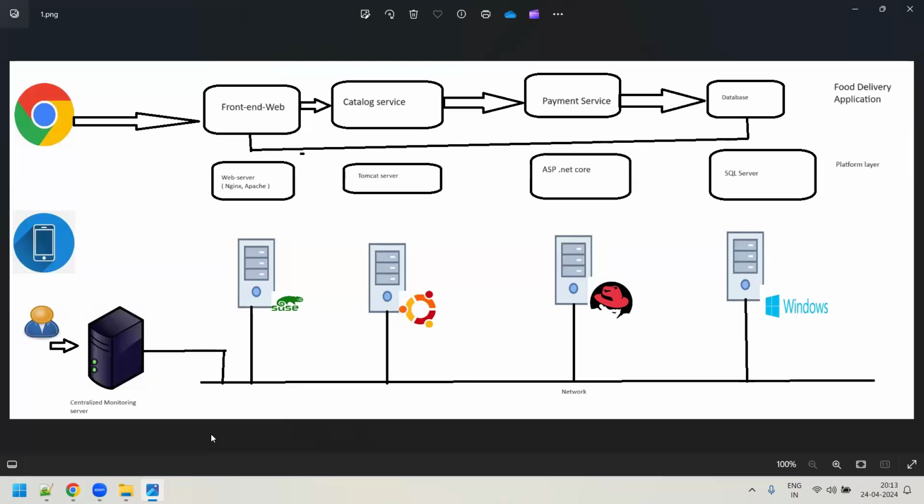That's what we call a bounce, or a restart of the application. So once you restart the application, what happens? The application comes up and starts behaving properly. Sometimes what happened, guys, because of this ticketing tool,